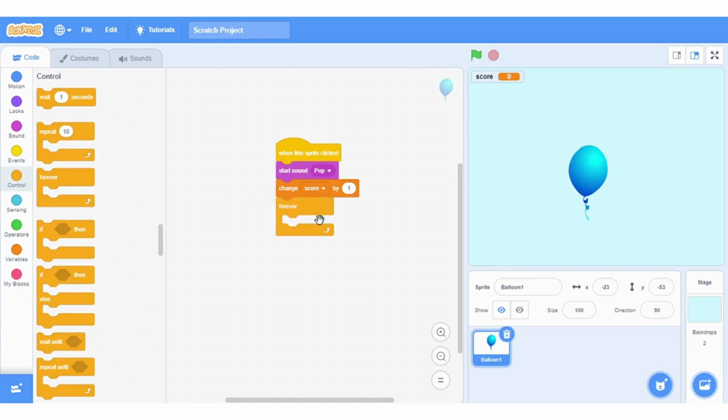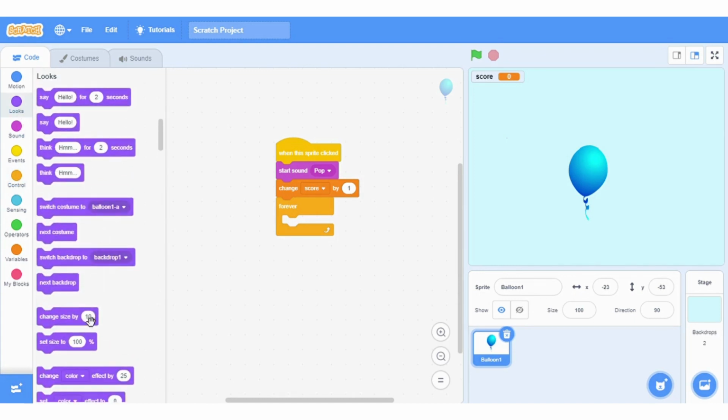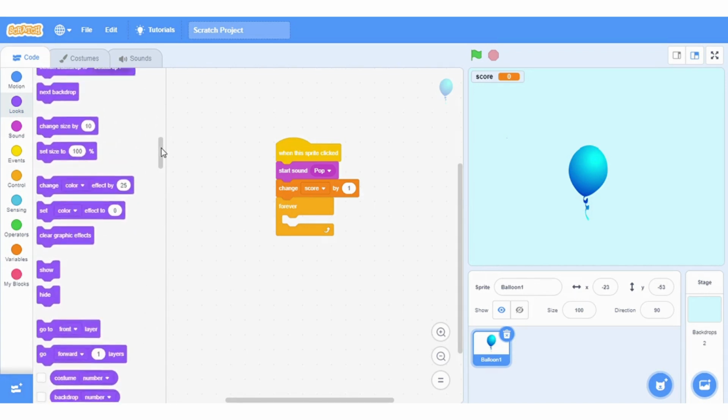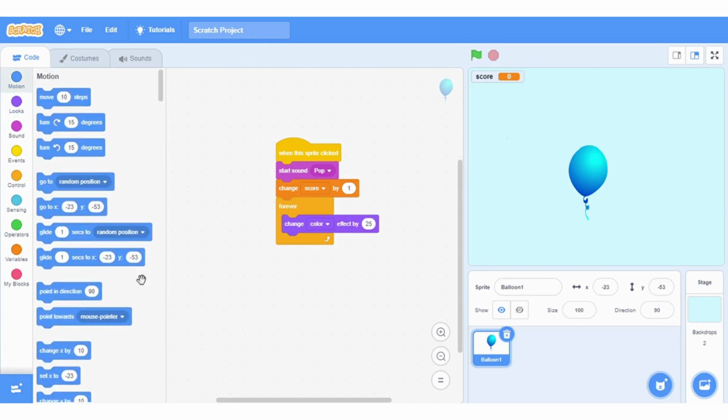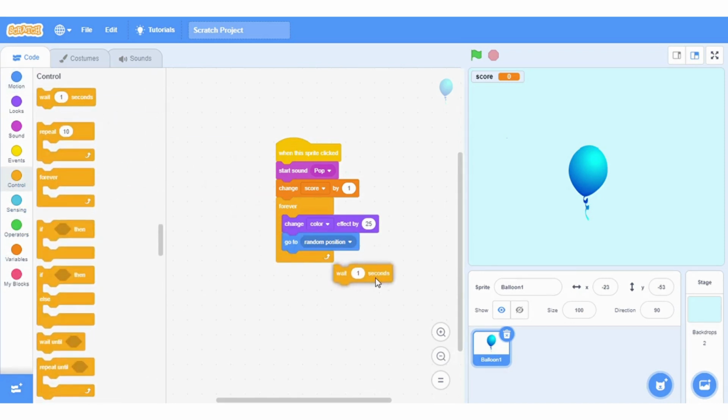Control and take forever, put it down here, and I'll take change color effect by 25. Go to looks and take change color by 25. Put it inside a forever loop and take go to random positions in motion box. Go to motion and go to random positions. Then we're going to wait 1 second in control box. Take this, wait 1 second, and then,